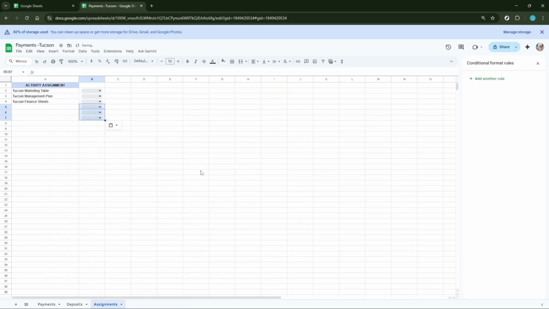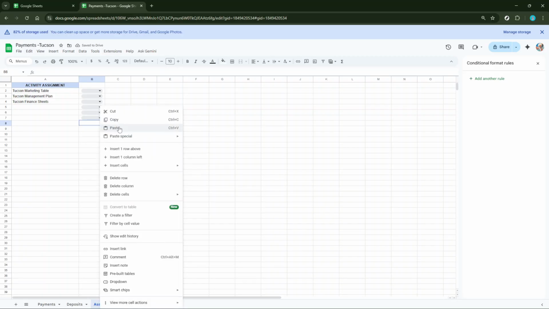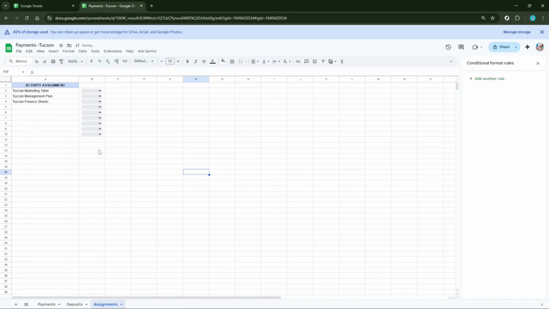And there you have it. You've just successfully copied a drop-down list in Google Sheets. By following these steps, you ensure that your drop-down functionality is consistent wherever you need it, without the hassle of manually setting up the list each time. This small but effective trick can save you a lot of time, especially when working with large datasets. Plus, it helps maintain uniformity across your sheets, ensuring everyone's selecting from the same options, which is key for data accuracy and integrity.